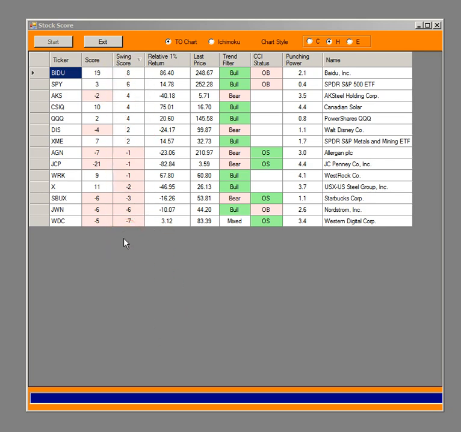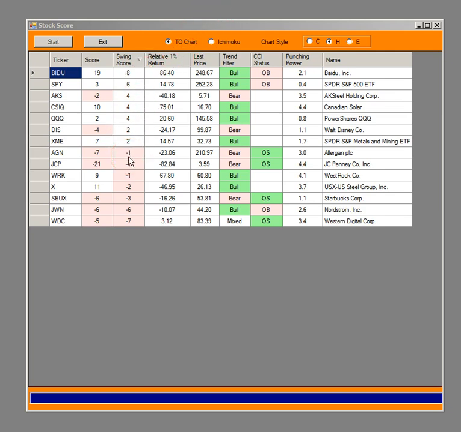this group. The SPY is really not included. That just shows up in every scan. But what we're going to do is just pop through the list and show you some charts. And you can use your own discretion whether you think it's a good setup or not a good setup, and take action based on your own trading method. But what we did was we ran them through stock score, and that's a button that's available in Swing Master